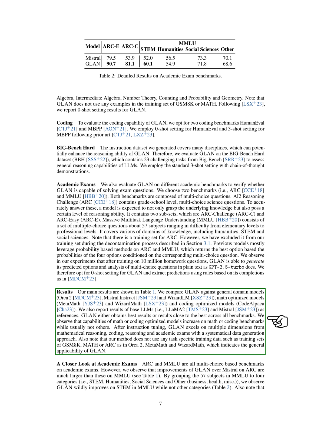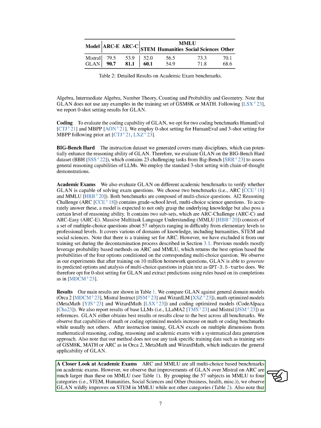Section. A closer look at academic exams. In this section, we delve into a detailed examination of academic exams, focusing on multi-choice-based benchmarks such as ARC and MMLU. We've noticed that our model, GLAN, shows significantly better performance improvements over Mistral on the ARC benchmark compared to MMLU. When we categorize the 57 subjects in MMLU into 4 groups, STEM, Humanities, Social Sciences, and Other, which includes business, health, and miscellaneous, it becomes clear that GLAN particularly excels in STEM subjects within MMLU, but not so much